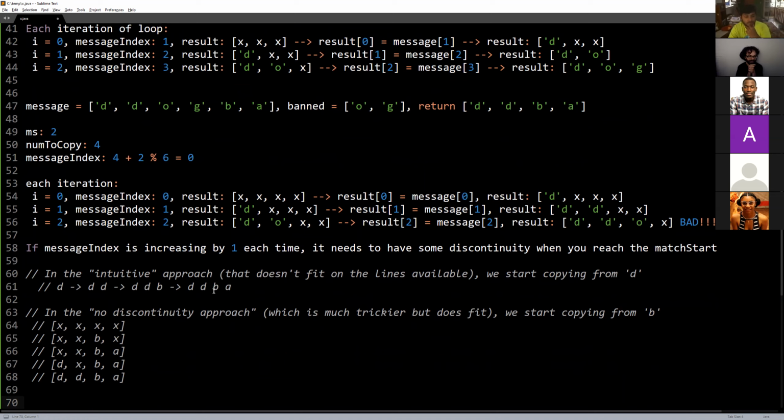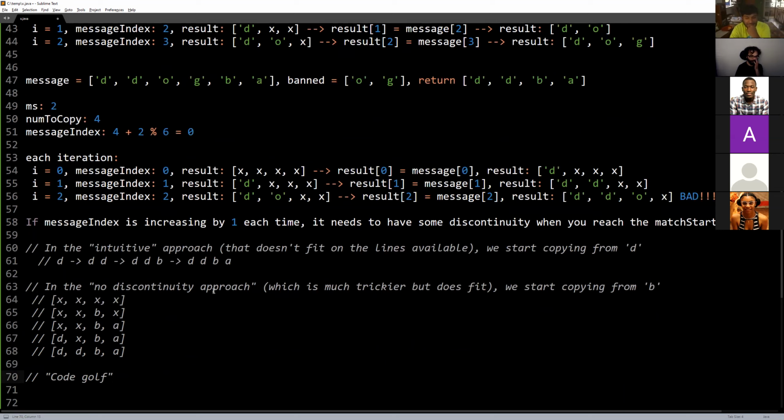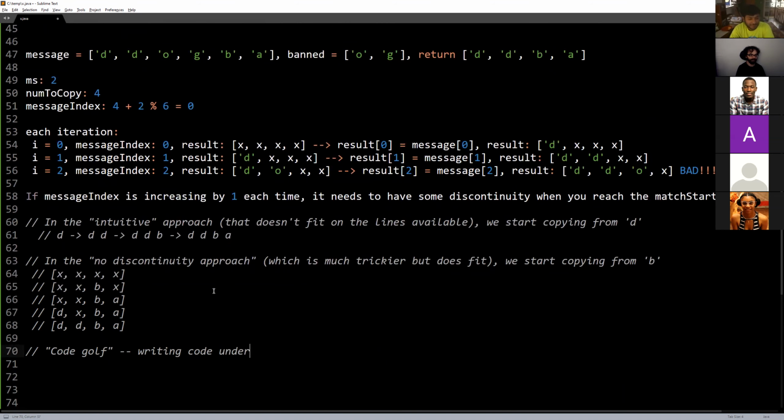Does it make sense, Austin? Yeah, I think the principle makes sense. Getting from the principle to the actual code is something one might call code golf. There's a world of programming which is not useful, but it's interesting. Code golf is writing code in the absolute minimum number of characters or lines of code. That's why it's called golf, because you're trying to get a low score. It's not good programming practice, but there's a whole set of techniques for doing this sort of thing. In this case, we're doing code golf on line count.